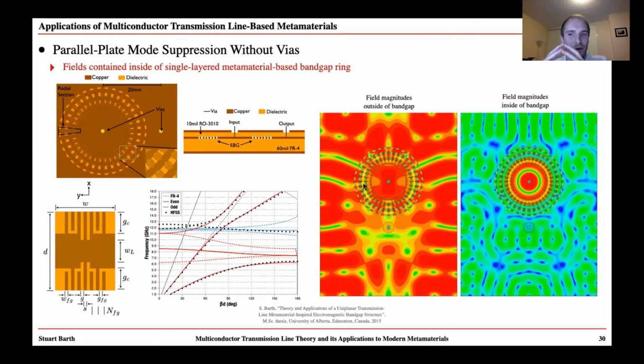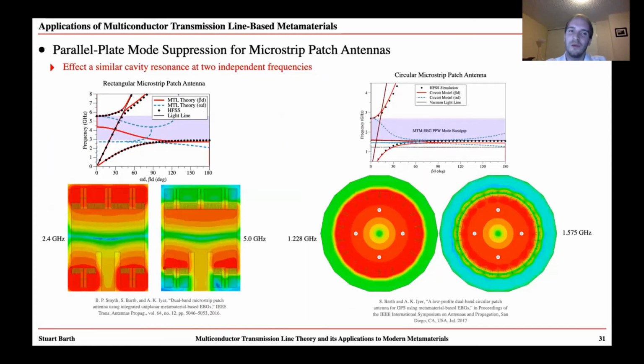So the parallel plate modes cannot propagate through this system of patterned copper, right? And we're not using vias or any other complicated mechanism. This is just modal coupling. And this arises, of course, from our in-depth knowledge of multiconductor transmission line theory and our engineering of these modes to create the suppression. So then we extended this idea to suppressing parallel plate modes in microstrip